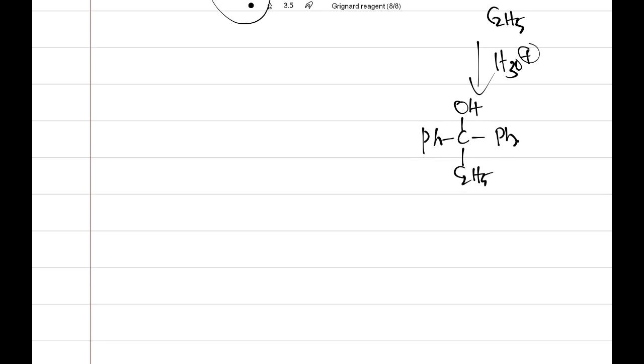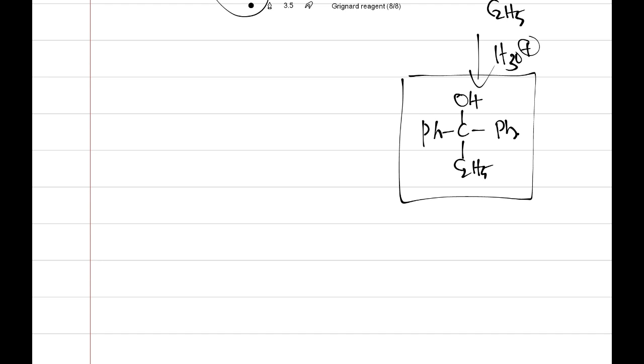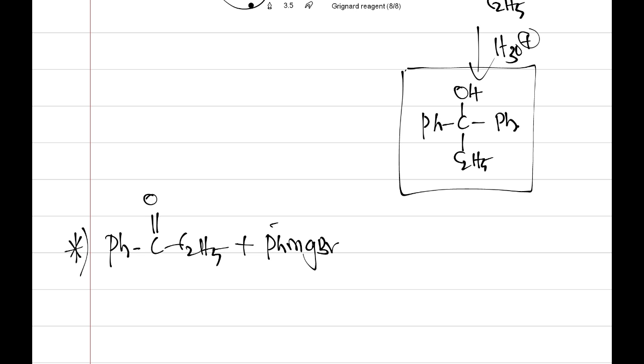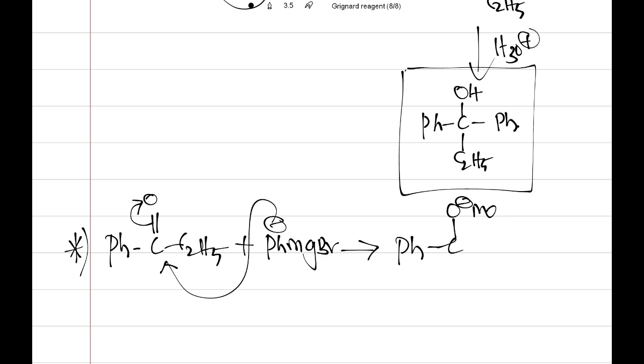Okay, right, we can get the same product by using another reaction also. If you look at this reaction, I am taking Ph C double bond O C2H5, and when this reacts with PhMgBr, what is the product of the reaction? Look at this one, this Ph is attached to this electrophilic carbon, and electrons are shifting towards this oxygen, and we can get here Ph, C single bond O minus and MgBr, and the other side it has C2H5, and downside it is the Ph.